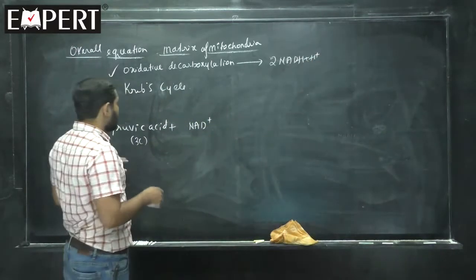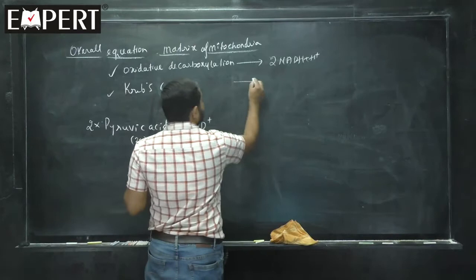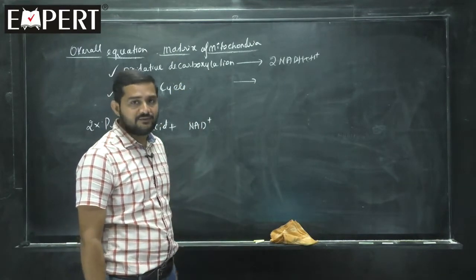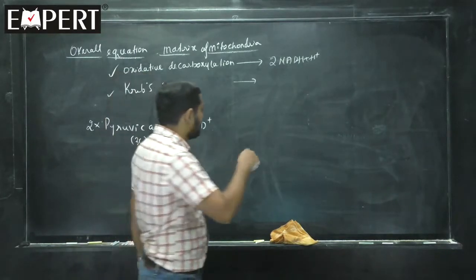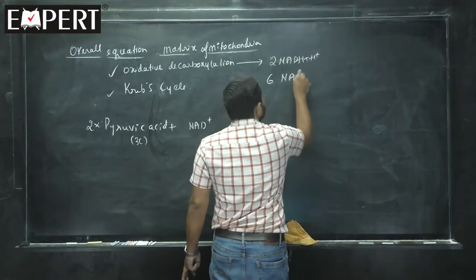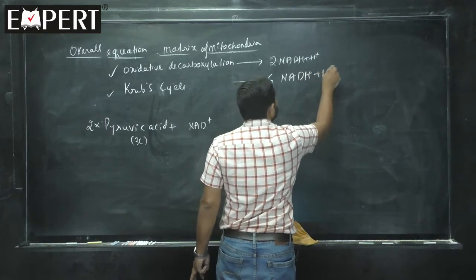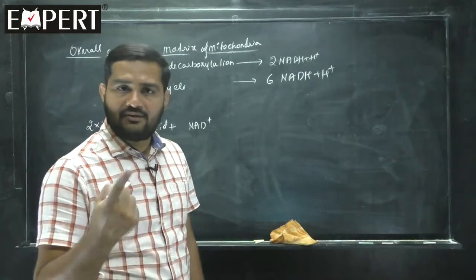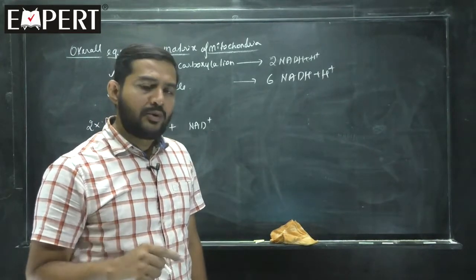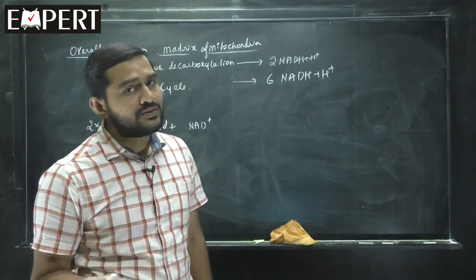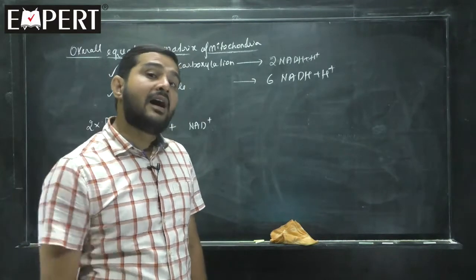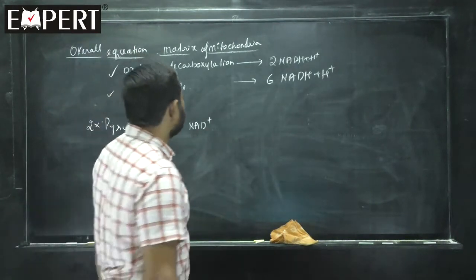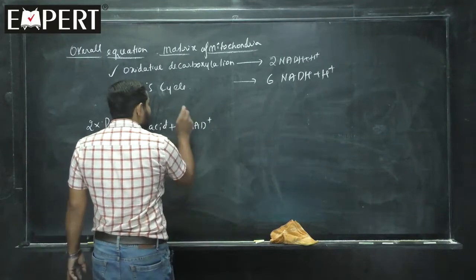So, I will write here 2 that. What about Krebs cycle? In Krebs cycle 3 places NADH formed. That means we can have 6 NADH plus H plus. 1 was formed during conversion of isocitrate to alpha ketoglutaric acid. One more place, alpha ketoglutaric acid to succinyl CoA. The one more was malic acid to oxaloacetic acid. So, I am writing 8 NAD